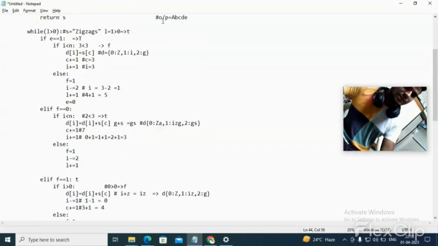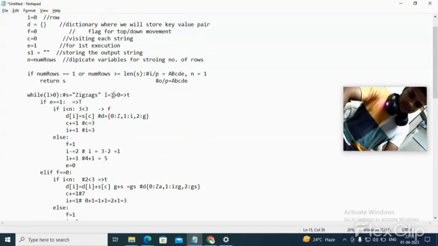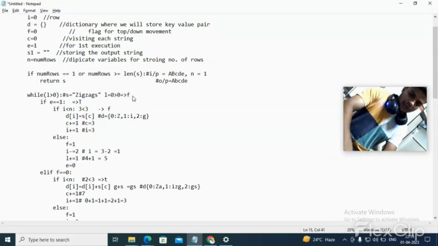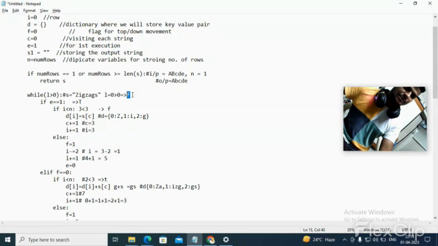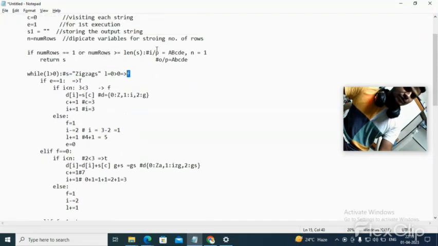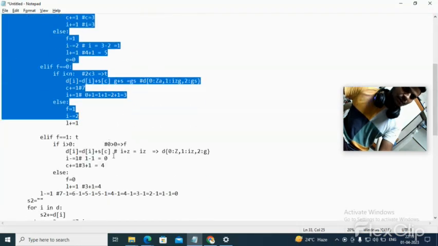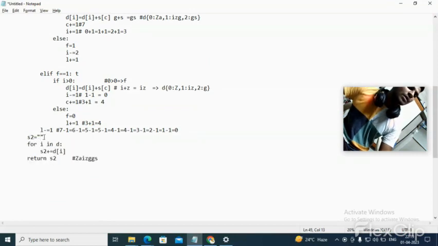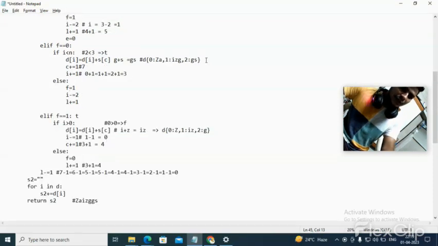Now we will check this. 0 is greater than 0, it becomes false. As it becomes false, we just move down and we move to here, as s2 is there for getting the output. So at last our dictionary has stored this thing, you can see. Our dictionary has,